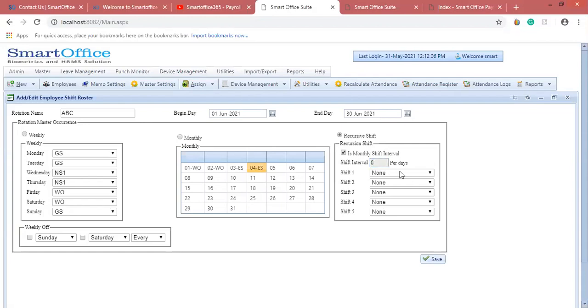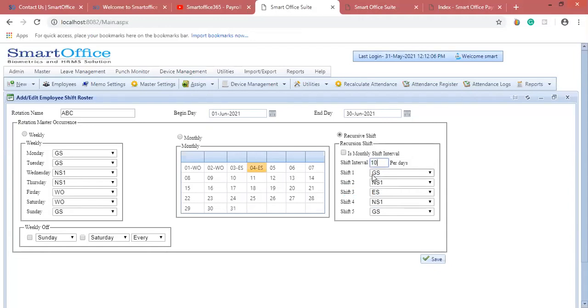Okay, so I'll be creating a shift. For example, I'm just creating some of the shifts here. So recursive means for 1 month shift 1, and for another month NS1, for another month this shift, or for example for 10 days.